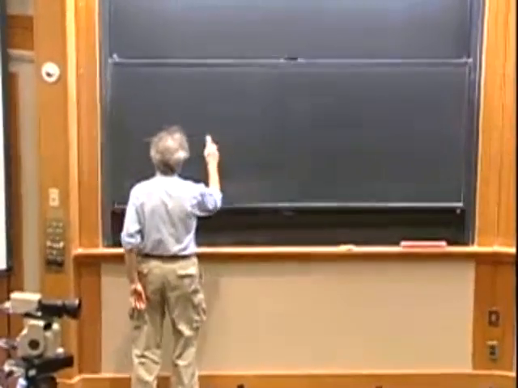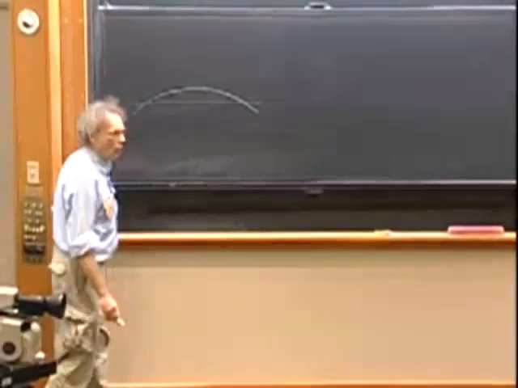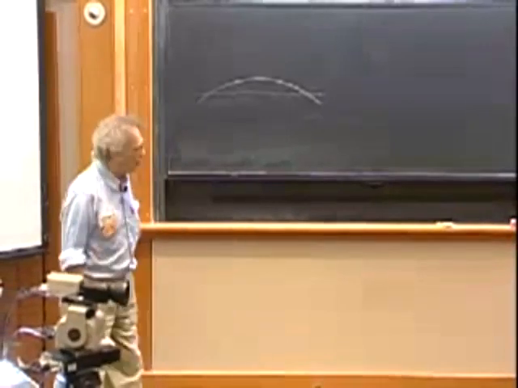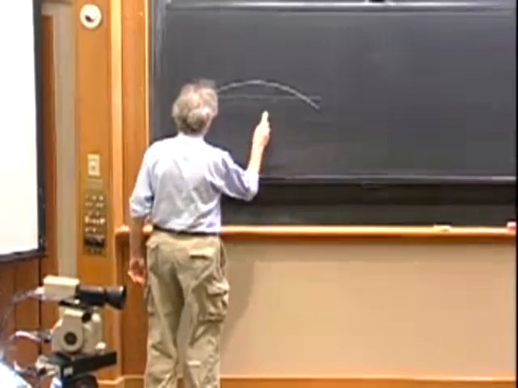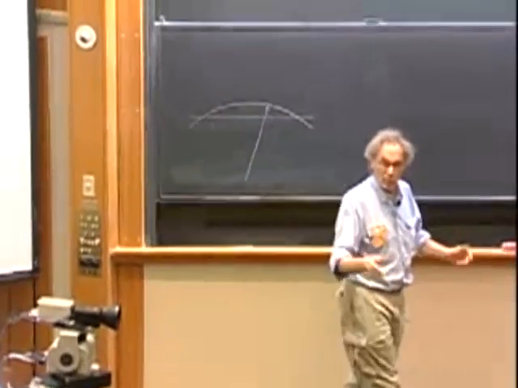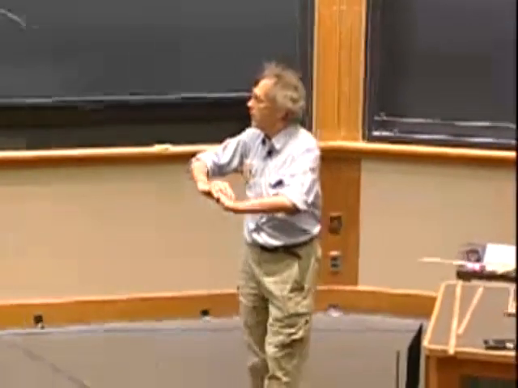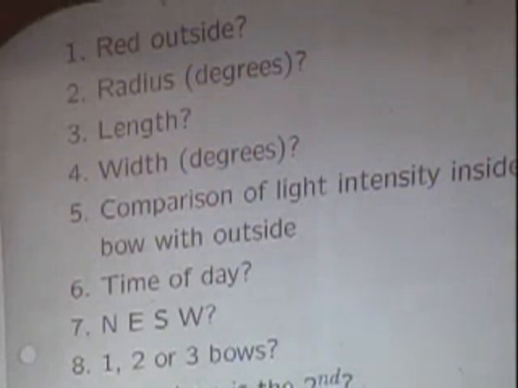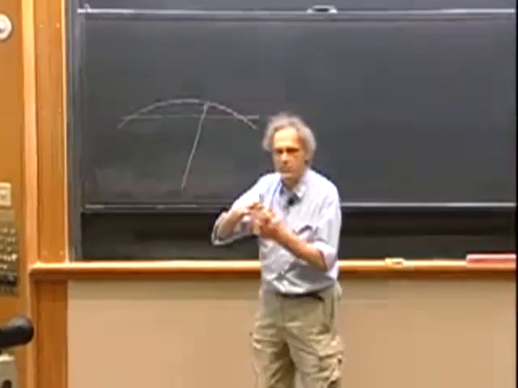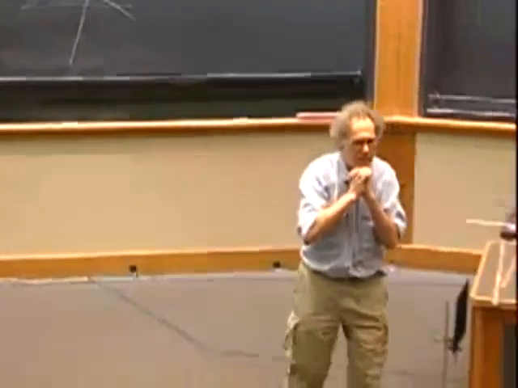If here is the horizon and you see a rainbow, then there is somewhere a point that you can call the center of the circle, and then you can always measure the angle in terms of degrees. Not in inches, but in terms of degrees. What is that radius, typically? And then we can ask the same question about the width of the bow. There are colors here. How wide is that in terms of angle? Roughly. I don't expect you to be precise, but roughly.